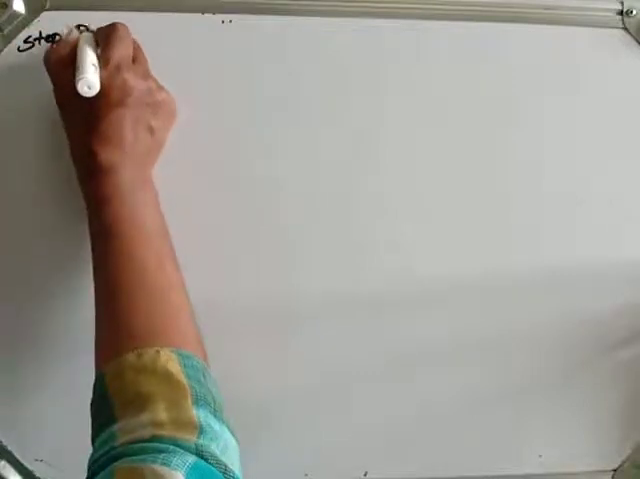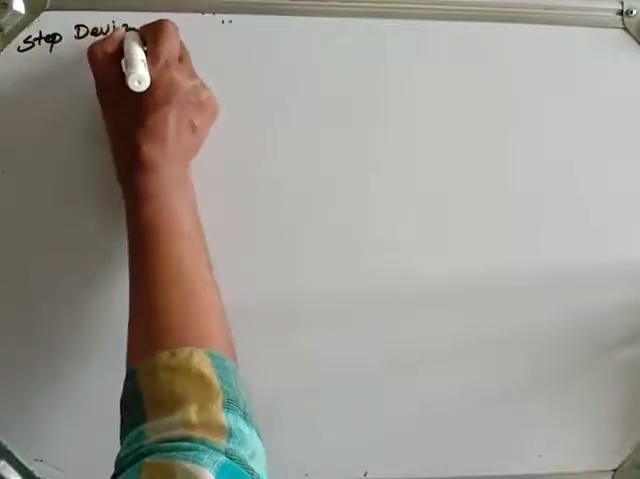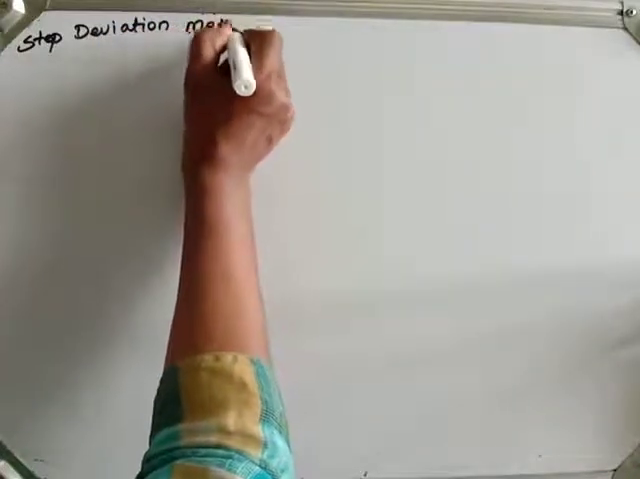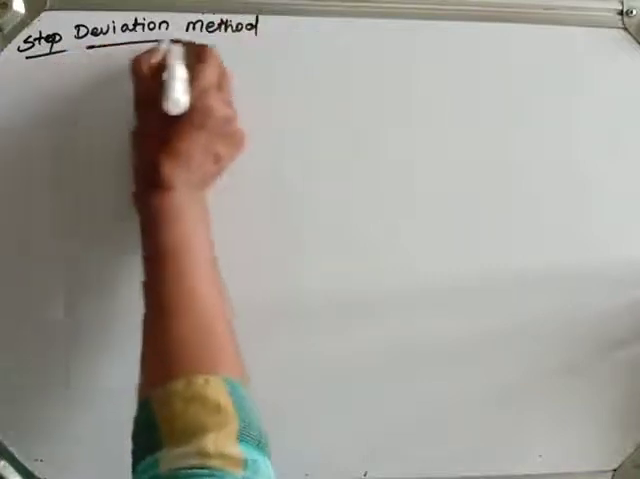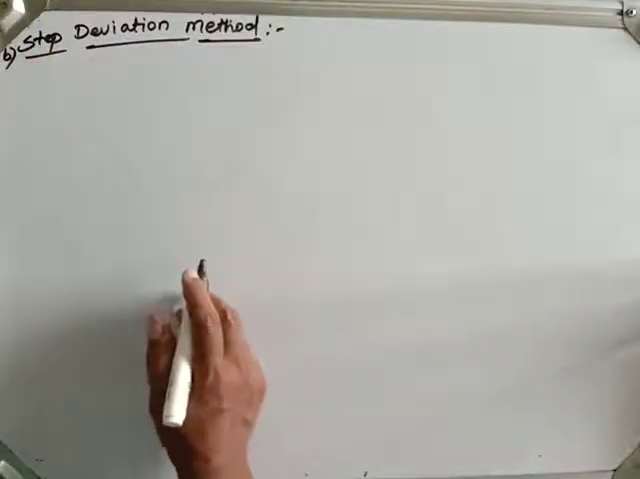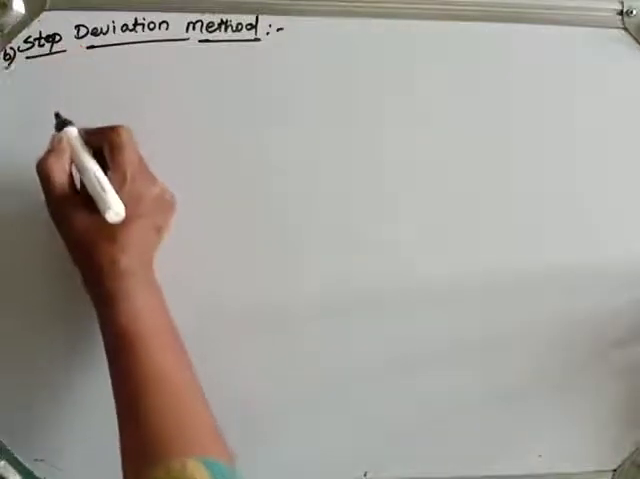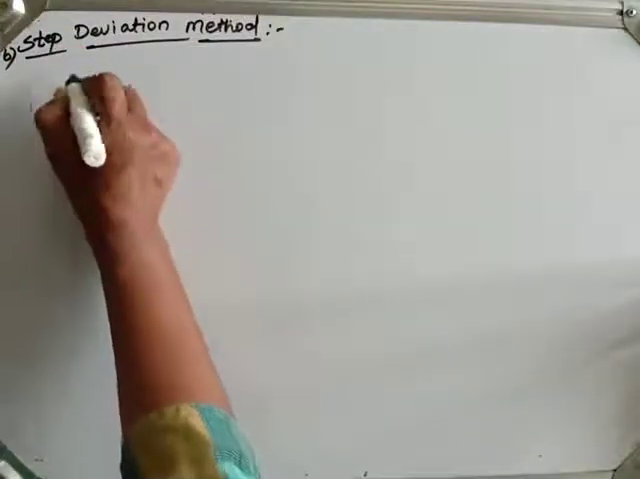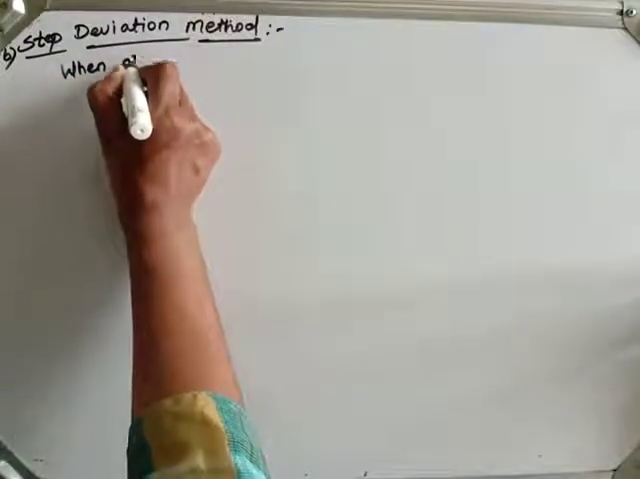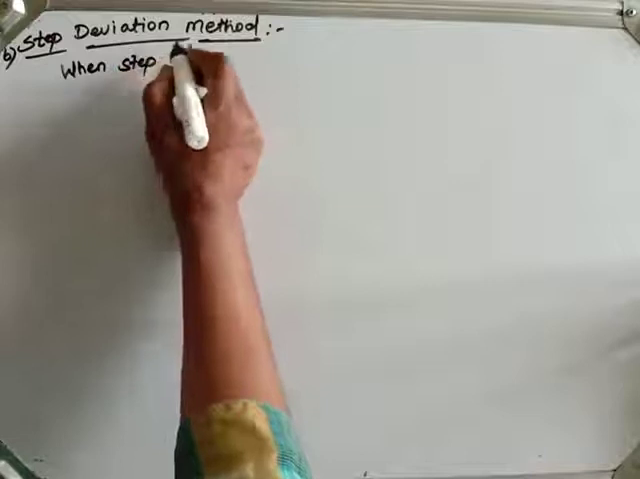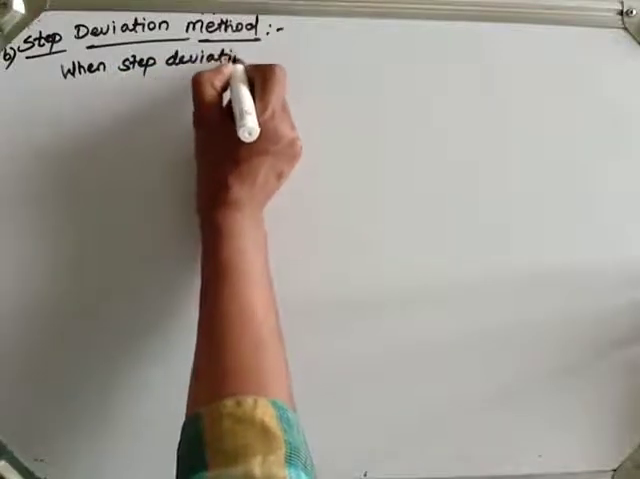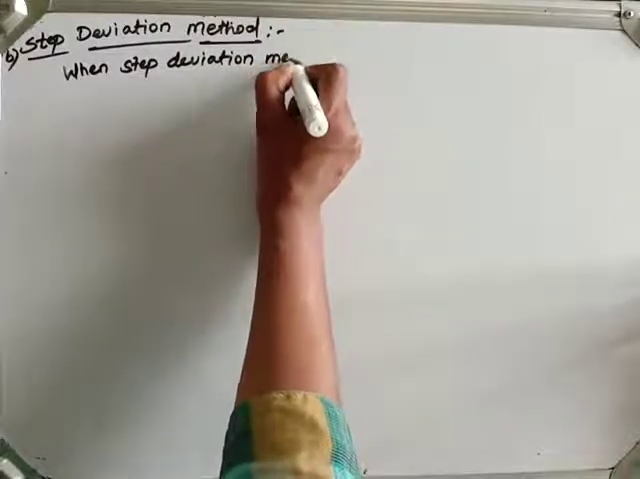Step deviation method. Now in step deviation method, this is another step to determine arithmetic mean for continuous frequency distribution or for continuous series. When step deviation method is used,